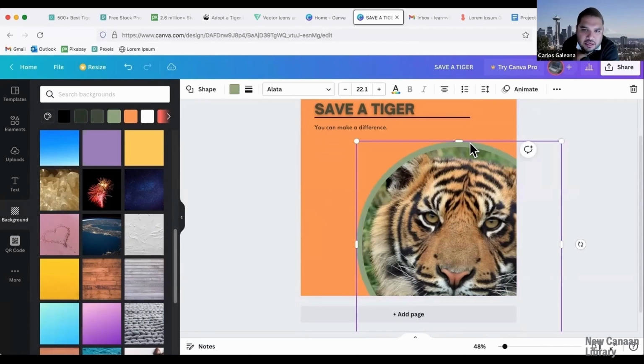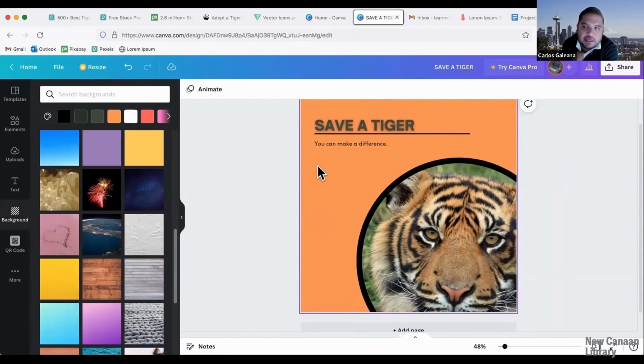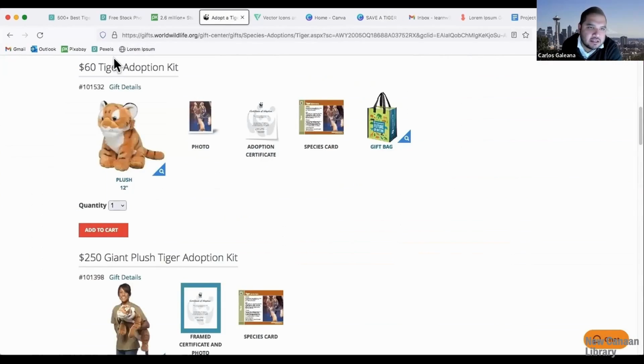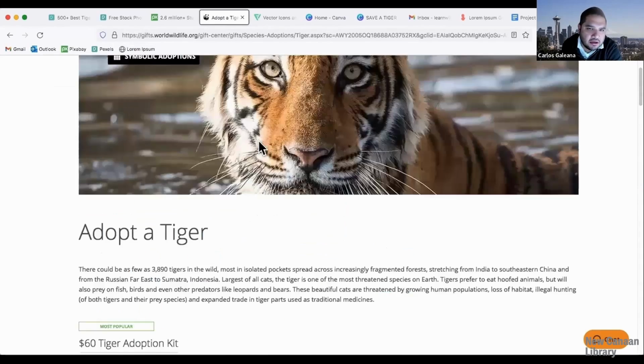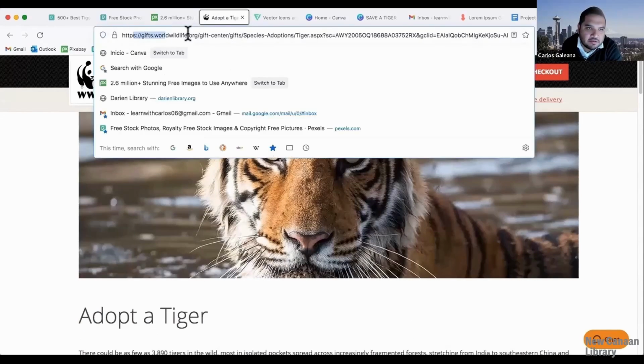And I'm almost done. I'm clicking the little ring outside the tiger's photo. It has this green color to it. And I want to include that website. I want people to go to the website for awareness to how to save a tiger. So the website is here. It's pretty lengthy in terms of this URL.